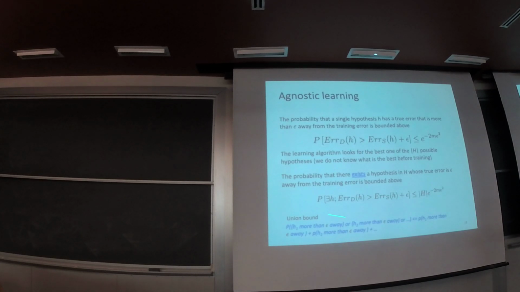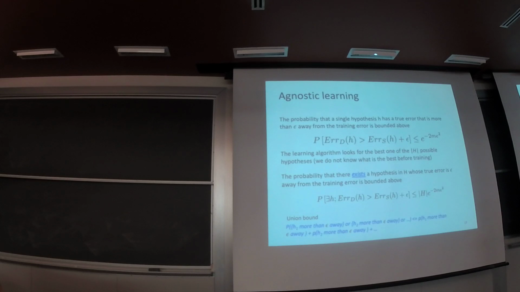So this probability is an event, right? There exists some hypothesis such that the true error is epsilon away from the training error. It can be decomposed as a union of a set of events. The first event is that the first hypothesis has true error more than epsilon away. The second is that the second hypothesis is more than epsilon away, and so on, until the last hypothesis, which has a true error epsilon away from the training error. So just a union, equivalent to this